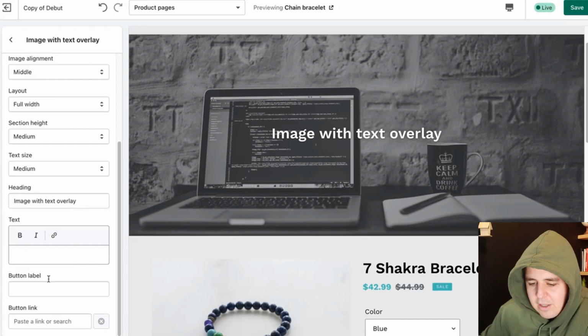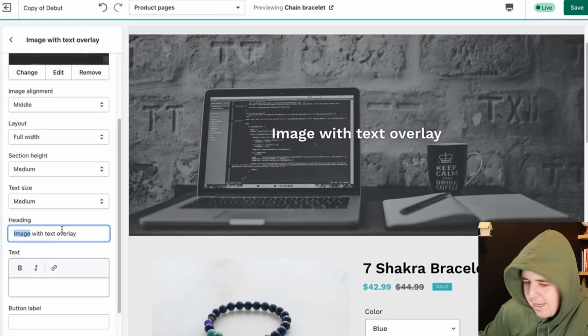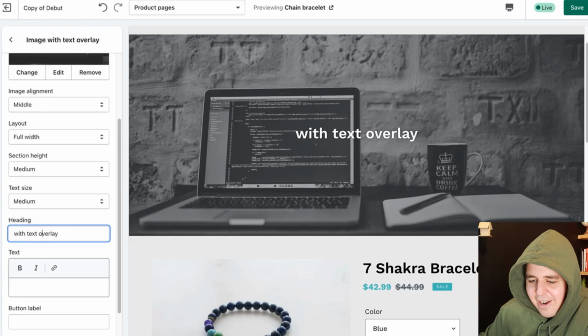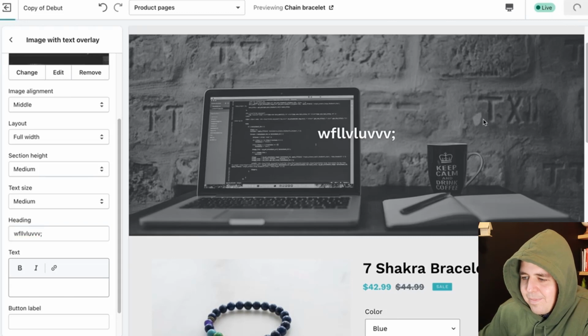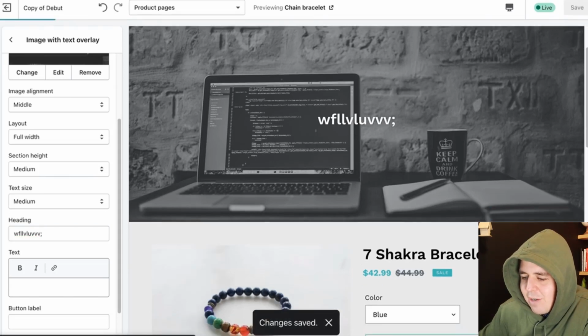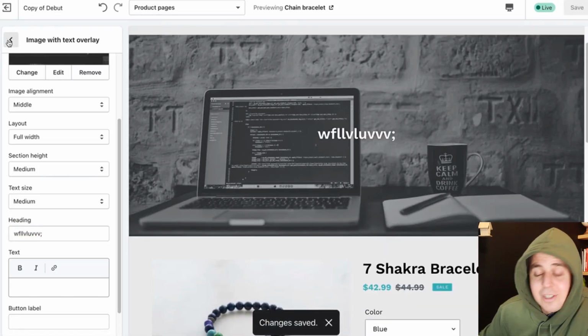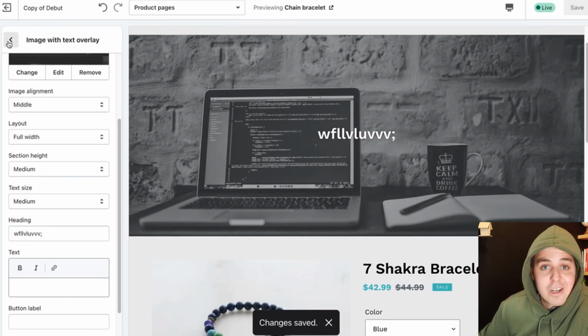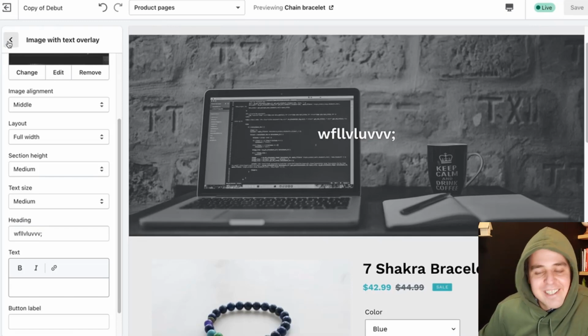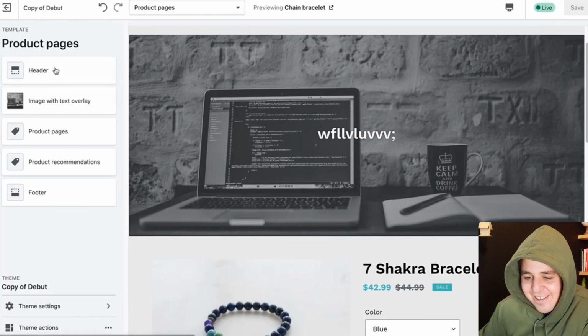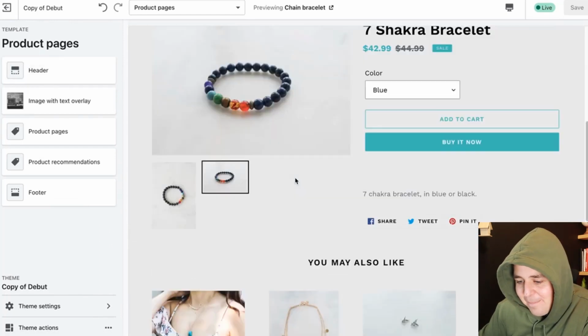I can do the text, the buttons, the headings, and all of that great stuff. And so now my product has, well, let's leave the text so that you just get the point. Now the chakra bracelet has a beautiful picture at the top, which apparently has nothing to do with chakra bracelets. But again, this is not a design course. This is a coding trick course.